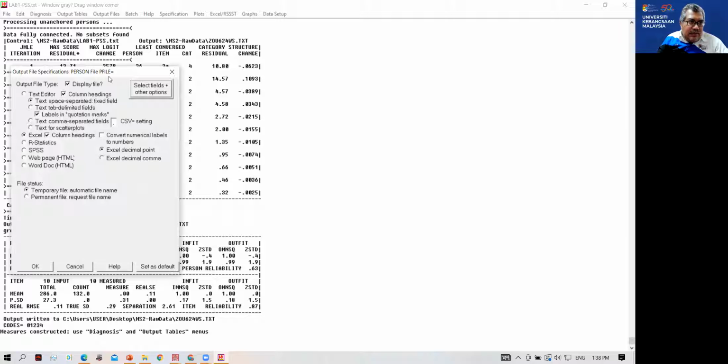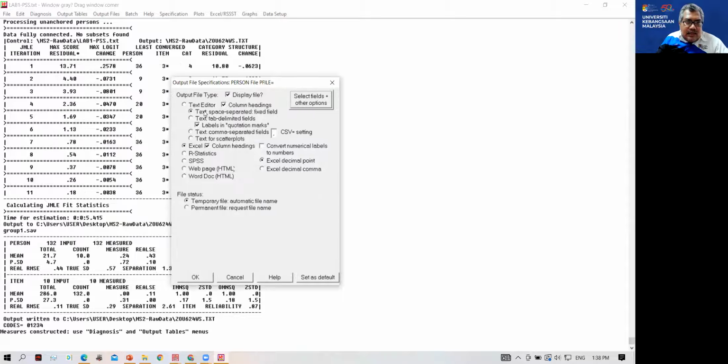Okay, what do I want? I want to generate an Excel file. Okay, let's make it permanent. Okay, I want to have column heading text, Excel. Okay, once done, click on OK.